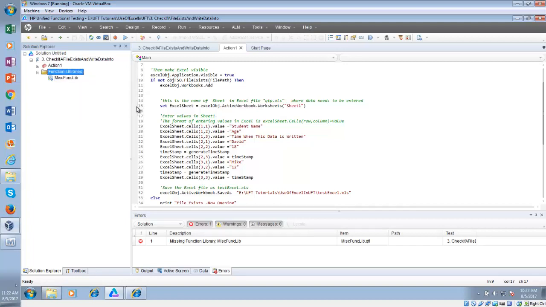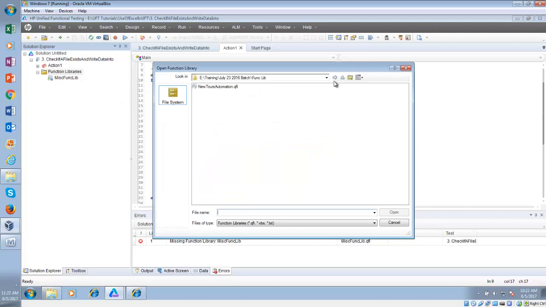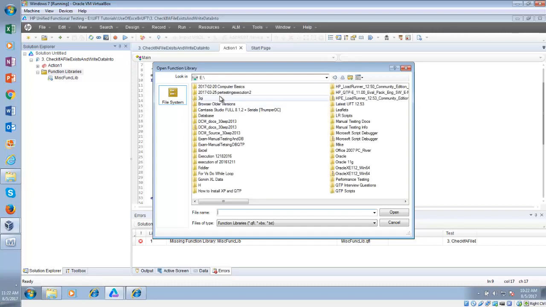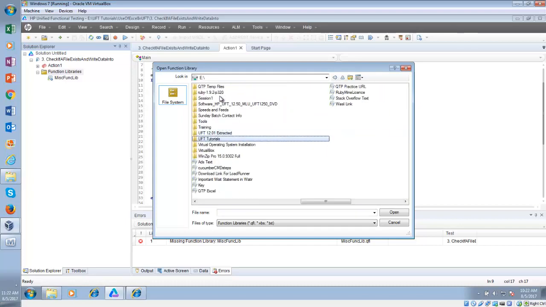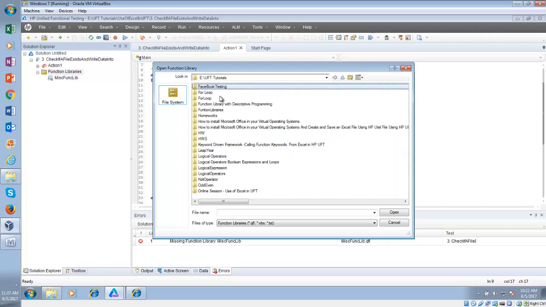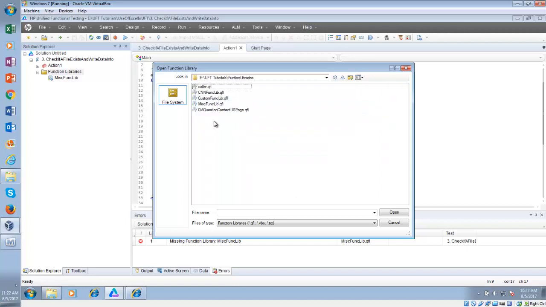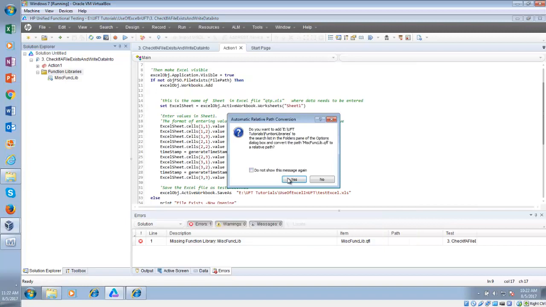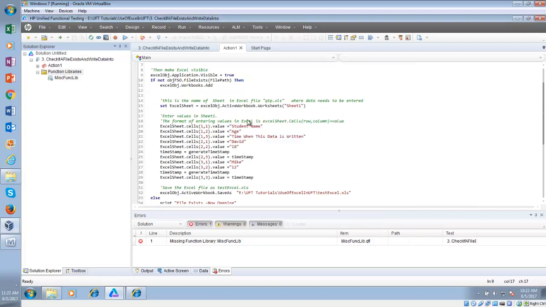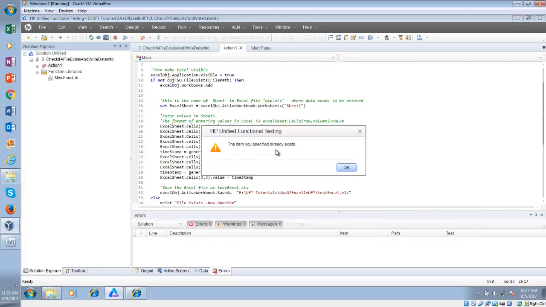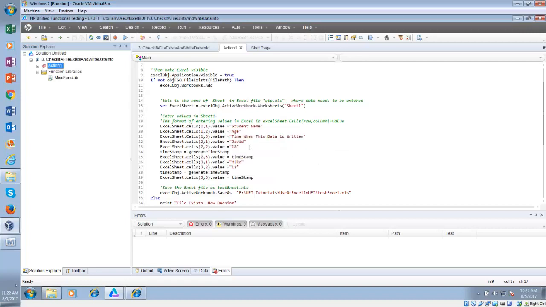Somewhere in my computer it is in this folder, UFT tutorials, and then function libraries, and then this is the miscellaneous function library. Okay, now if you execute it,